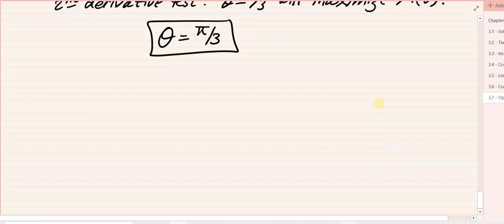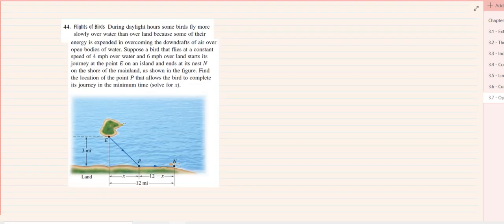Okay, let's take a look at maybe one last one. Okay, let's take a look at this last exercise. In this exercise, we were given: during daylight hours, some birds fly more slowly over water than over land because some of their energy